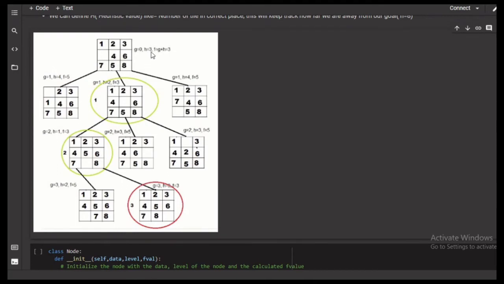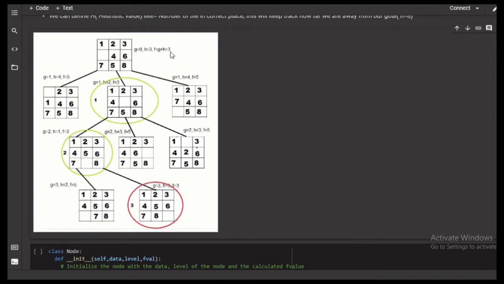That is the number of tiles present in the correct place, which is only 1, 2 and 3, and therefore the value of H is equal to 3. The value of F is nothing but the addition of G plus H, that is the level of the node plus the heuristic value, which is equal to 3.